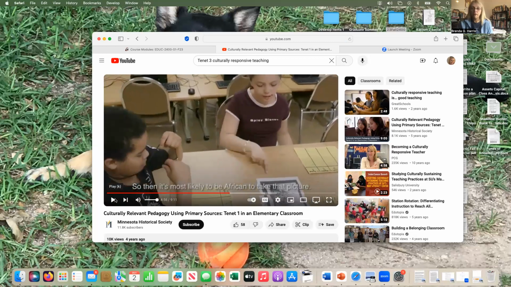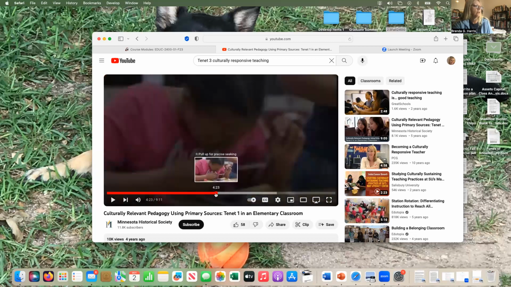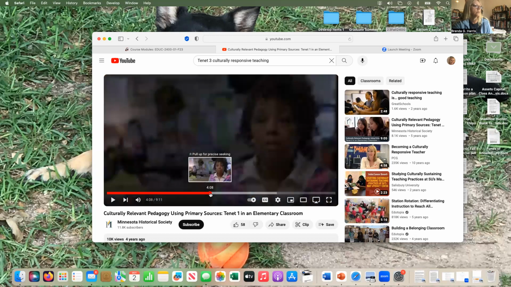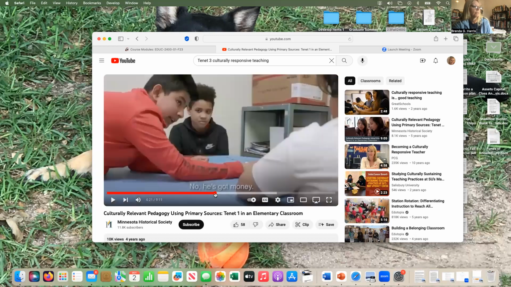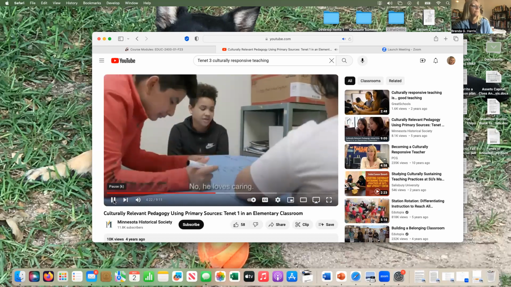Again, we have lots and lots of higher order thinking skills here, where the students are doing much more than simply repeating what the teacher asked, answering a question that the teacher already knows the answer to. It's very much higher order. I think I skipped over it a little bit, it's a little further back here, where the kids are using primary sources right here. Let me push play on this a little bit.